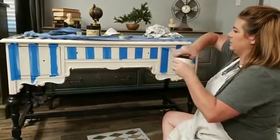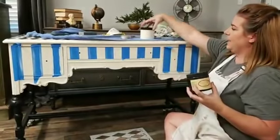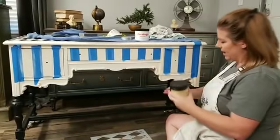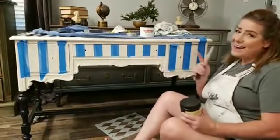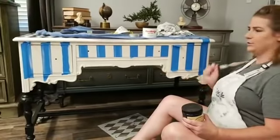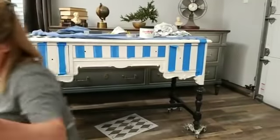And put my lid on here because spilling paint does make me cry. And now I had Aged Ivory on my body, but now I'm going to take Dixie Belle Caviar because this is all black and white. I've got Caviar down here on my legs, so my stripes are going to be black and white too. And then I'm going to sneak in a gold stripe, just, you rebel. Yeah, it'll be fun. Black, white, and gold is our